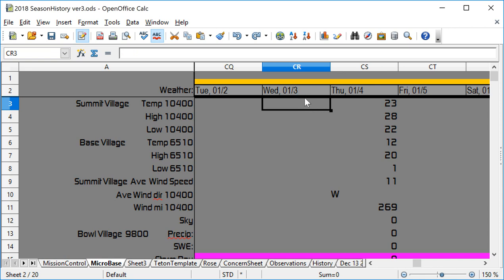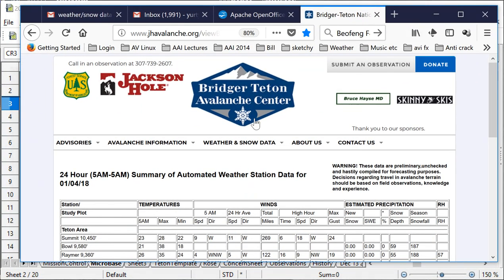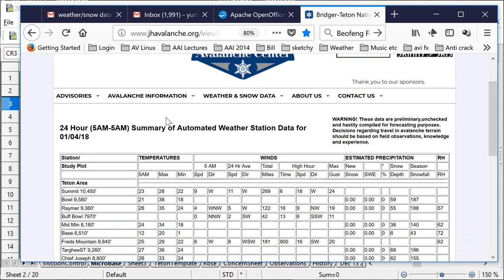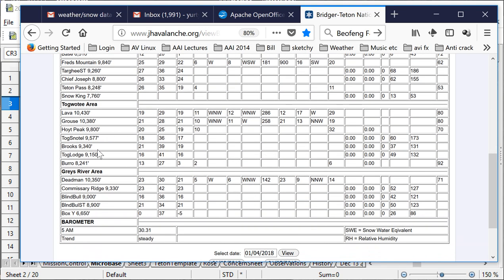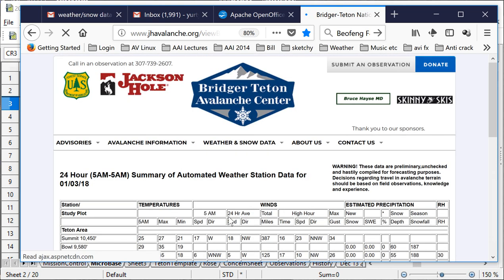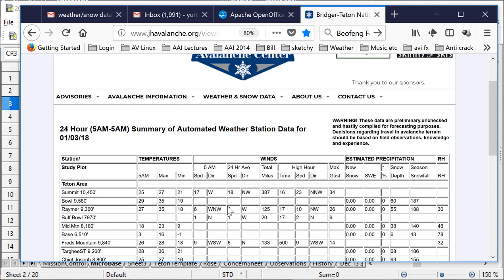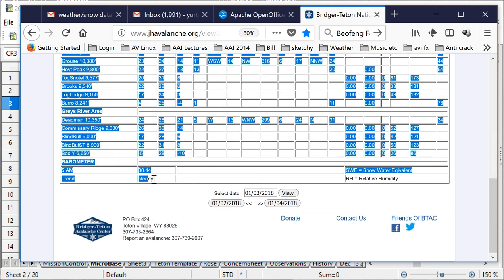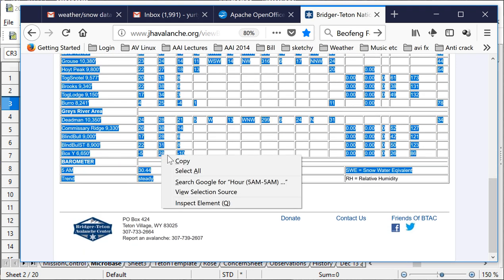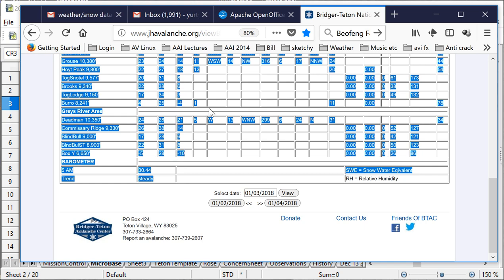So if I want to go get all the information for the 3rd of December, what I need to do in my zone is I need to go over here to a page on the Bridger Teton Forest Avalanche Center site, and they publish every day at 5 a.m. a synopsis of all the weather stations throughout their area. And what I can do is I can click on the 3rd, and the way this spreadsheet is set up is that if I highlight from here down through and I do a copy of that selection of data,